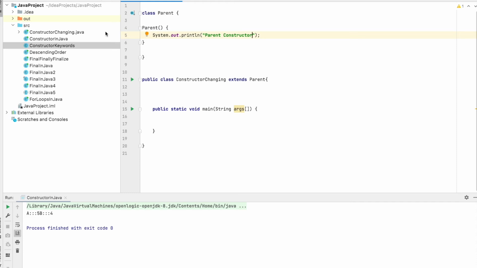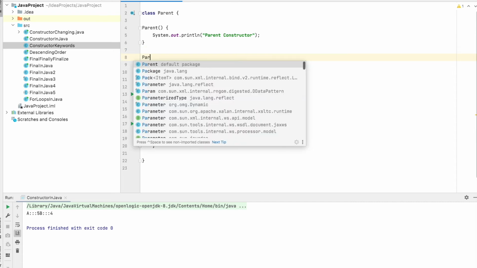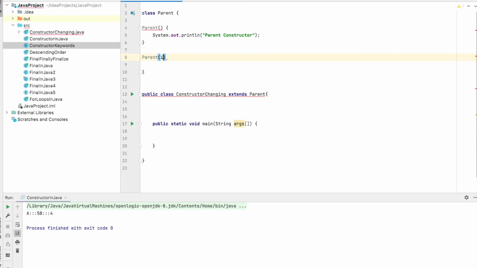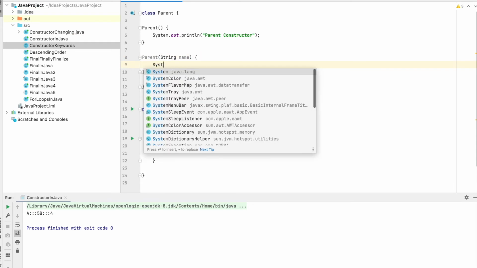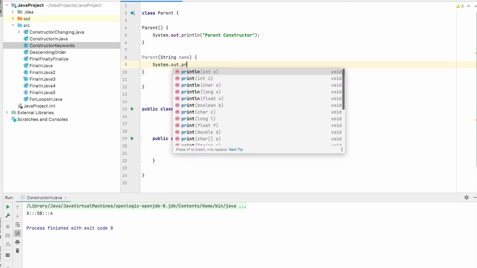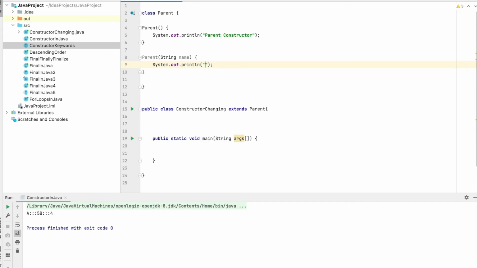We have created a constructor for the parent class, Teacher, with a String name parameter, and it prints system dot println, cons, plus name.